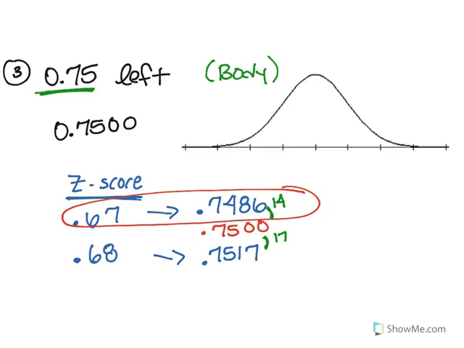Now, let's determine if we are dealing with a positive z-score or a negative z-score. It says that the area is 0.75 to its left. So that means the majority of the bell is shaded towards the left side. Now, this is a little different from tail. A body measurement, you remember, has to cross the middle. So in order for me to cross over the middle